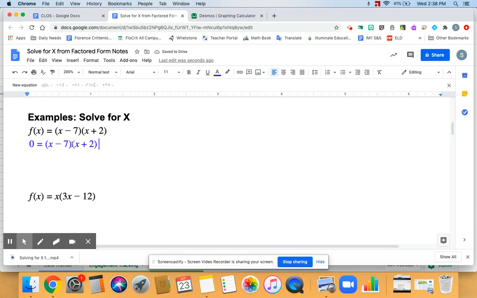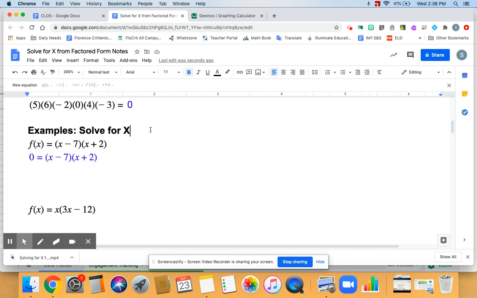And I'm like, okay, I want to solve for x. If I try to do backwards PEMDAS, the problem is that there are two x's right now. So how are you going to solve for just one of them when there are two of them? So you can't do backwards PEMDAS. So instead, we're going to use the zero product property